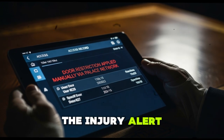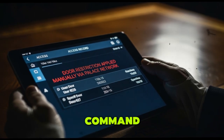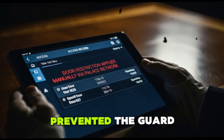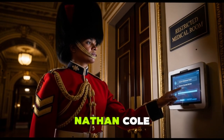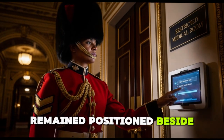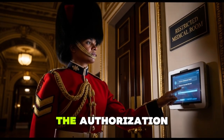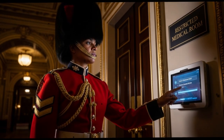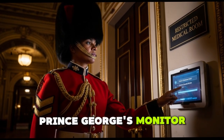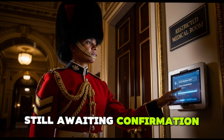The injury alert required confirmation that George was safe, yet the administrative command applied to the door prevented the guard assigned to the corridor from performing that check. Nathan Cole remained positioned beside the medical room door while the command desk began verifying the authorization that had restricted the corridor access panel. The alert from Prince George's monitor continued flashing on the tablet, still awaiting confirmation from medical